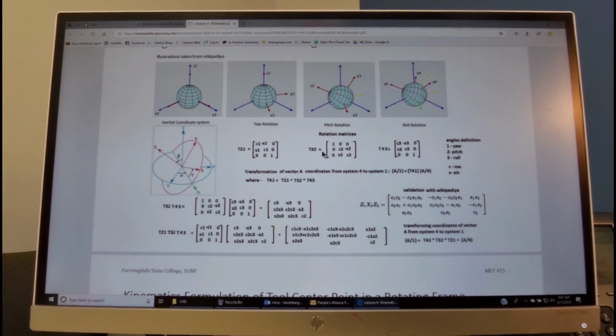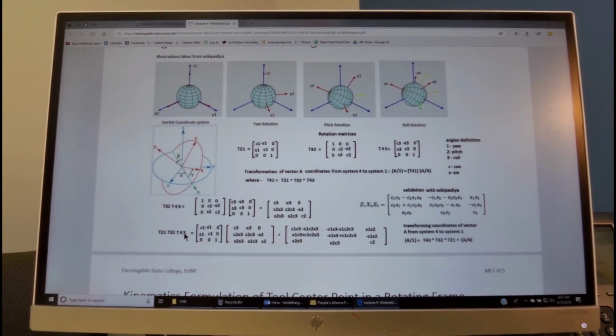From 3 to 2, we see that over here the x doesn't change, so we put the 1 over here with 2 zeros on a row and 2 zeros on a column, and then we have cosine theta 2, minus sine theta 2 and sine theta 2, and similarly for the roll. When we get the complete transformation from coordinate system 4 to coordinate system 1, you see that we can